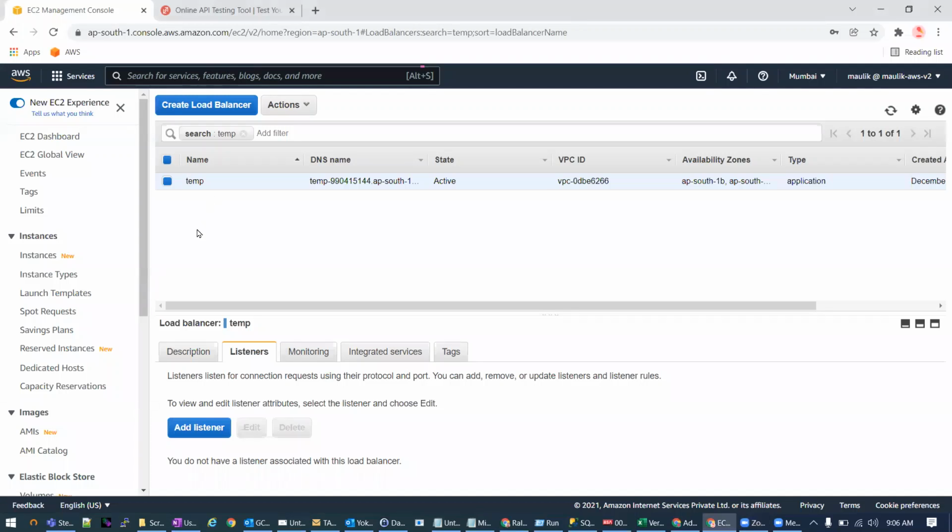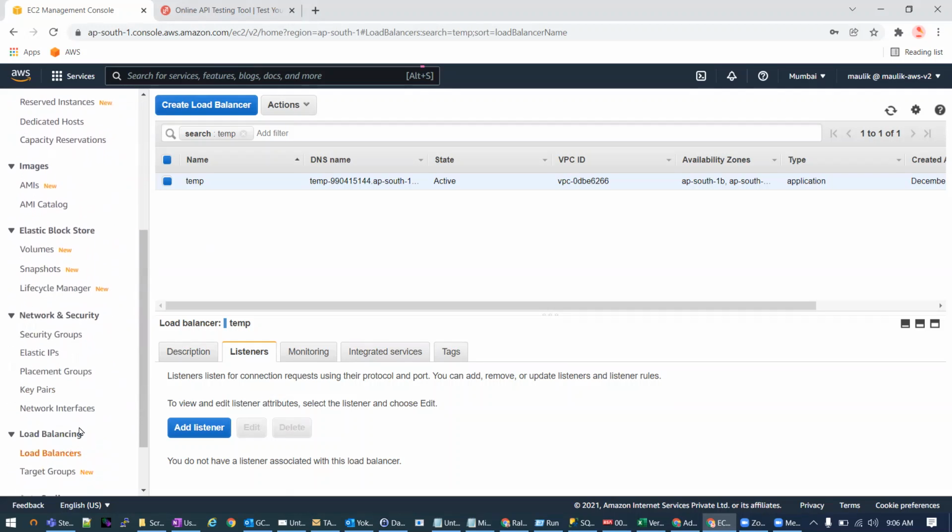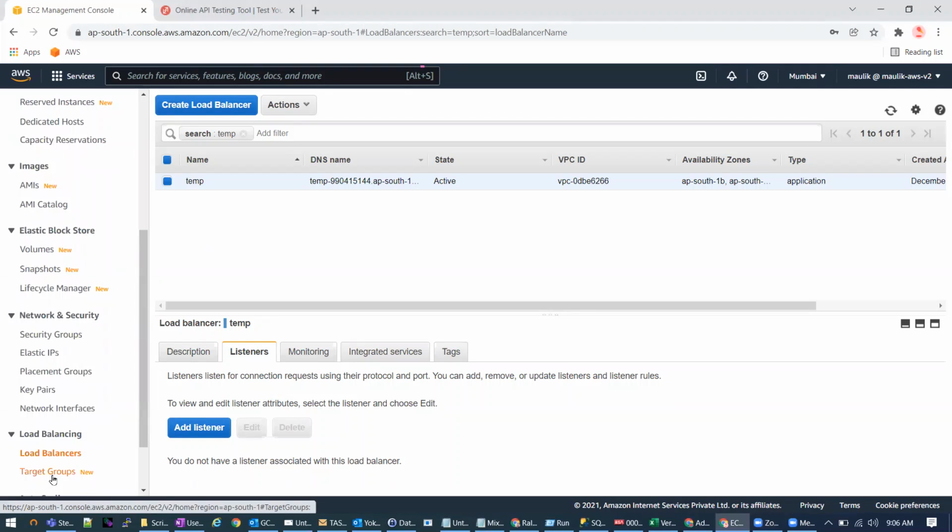Okay, let's play with application load balancer. So I have not created EC2 instances, but just created the target group, and I want to show you how we can add different listeners, and based upon port numbers, we can divert the load to different target groups. So today we'll create multiple target groups, and based on the port number, we'll divert the request to that target group.